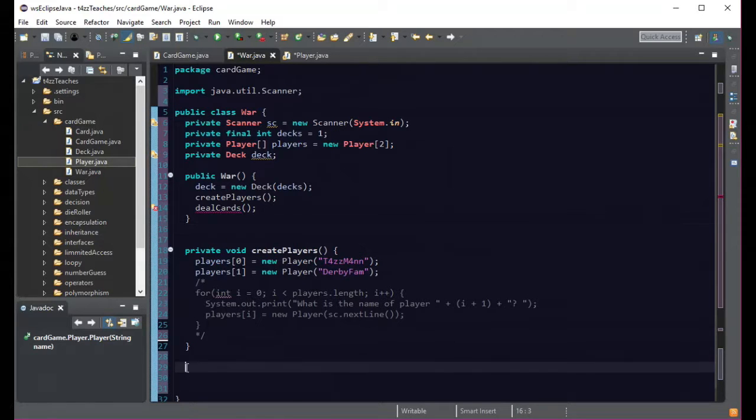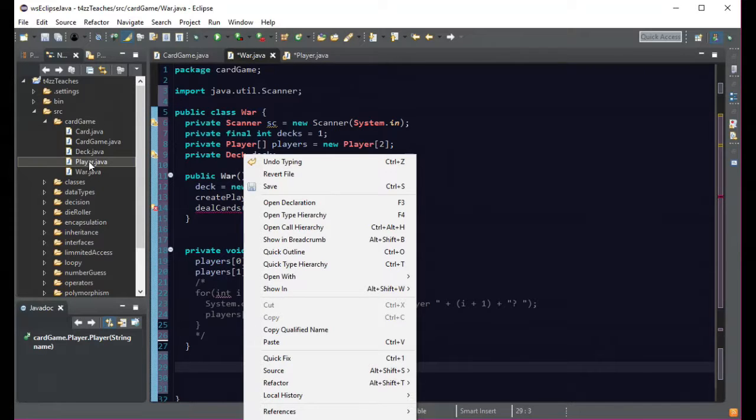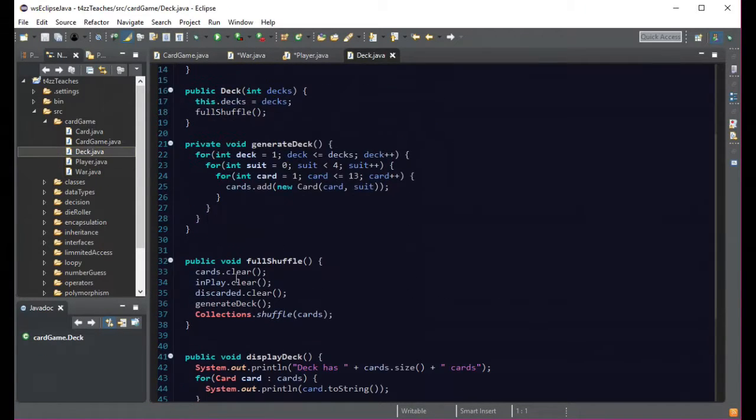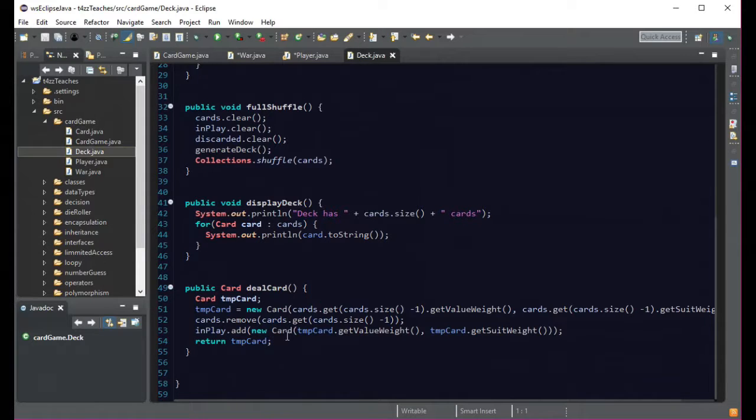So the next thing we want to do is create our deal cards. Now we already have a deal cards in our deck. Remember, we have deal a card. So this is going to deal a card, but remember it does some pretty complex stuff because it takes it from our card deck, our main cards, and it copies it into in play, and then it's going to return the same card that it put in play out to the user. So what we're going to want to do here is have it deal cards out